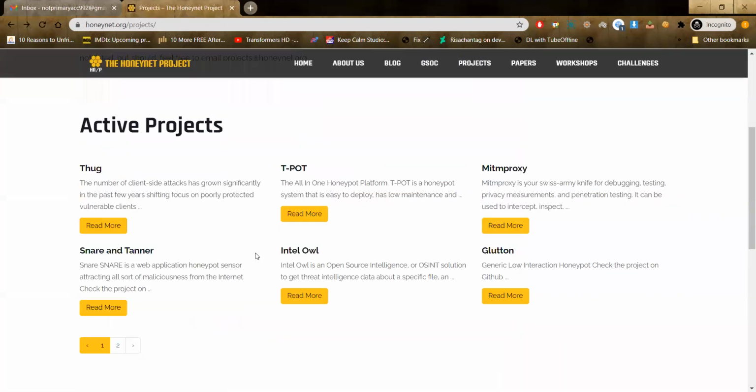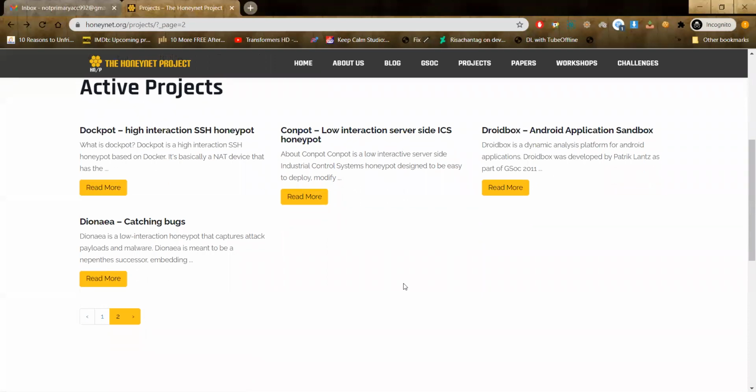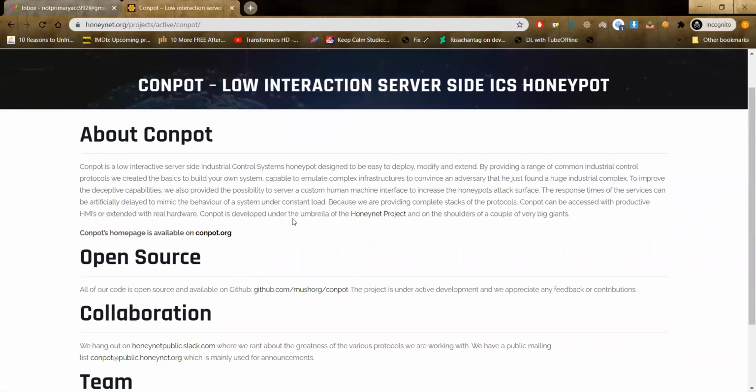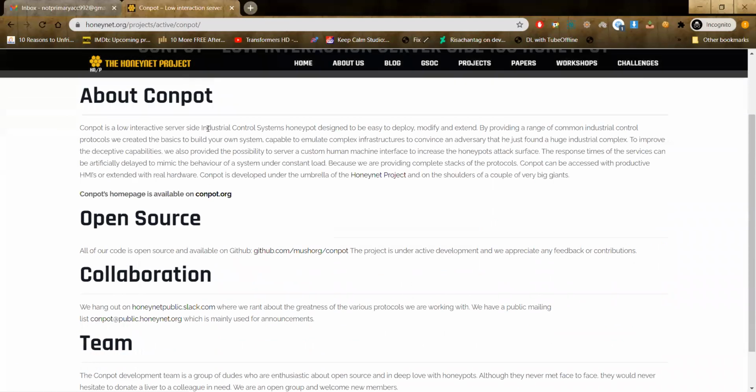Similarly, there are other projects that you can check out. So there's this ConPot. Again, this is a low interaction industrial control systems honeypot, and they have a special website as well.